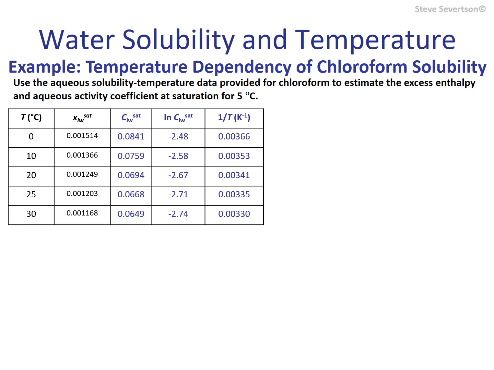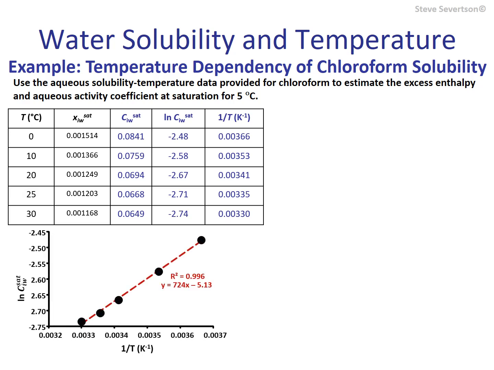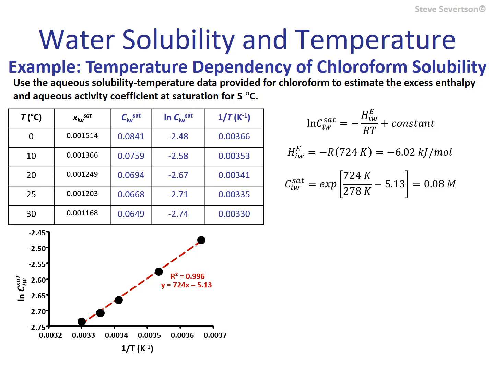A plot of the natural log of the solubility versus 1 over T produces a straight line for which the equation is provided. The positive slope indicates that the water solubility decreases with increasing temperature in this region, and that the excess enthalpy value is negative. Given that chloroform has the ability to form hydrogen bonds with water, this result should not be surprising. From the equation for the line, we estimate the solubility of chloroform at 5 degrees C, and with this, the